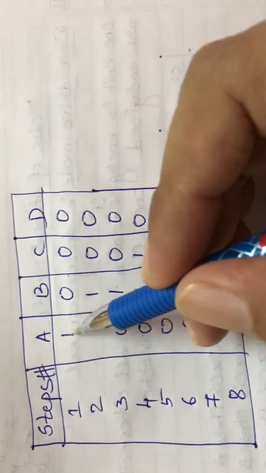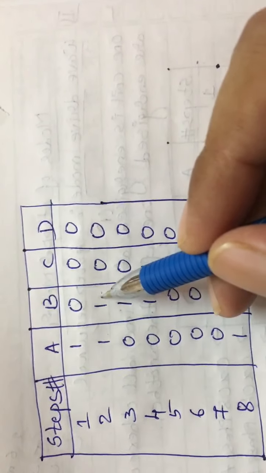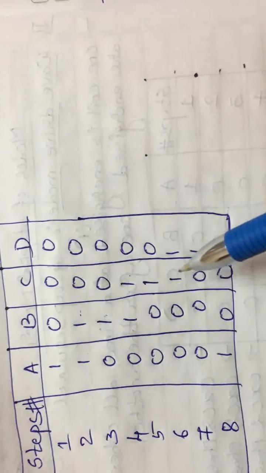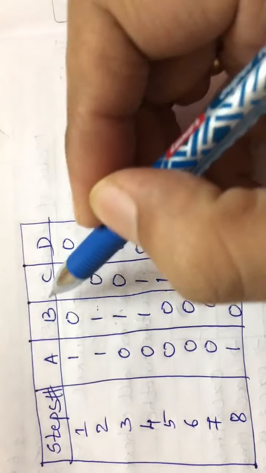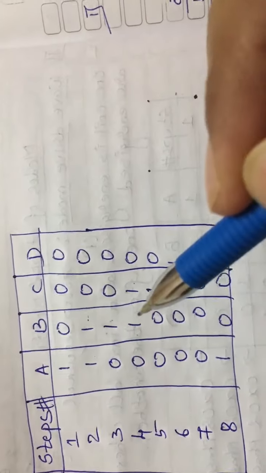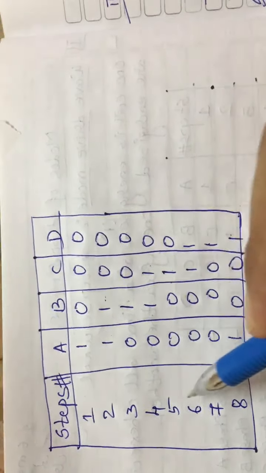First one coil is energized, say A. Next two coils are energized, that is AB. Next one coil, next two coils, next one coil, next two coils, next one coil, next two coils. So this is the fashion of half drive mode, that is, I will get 8 steps here.